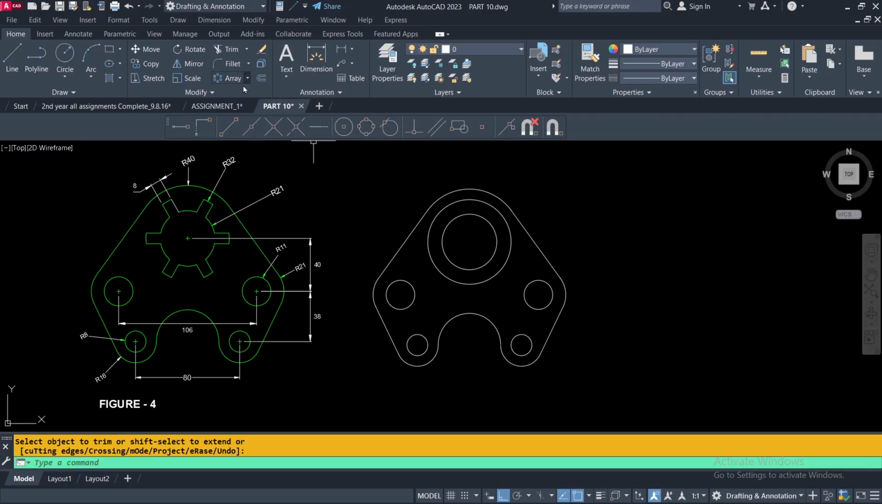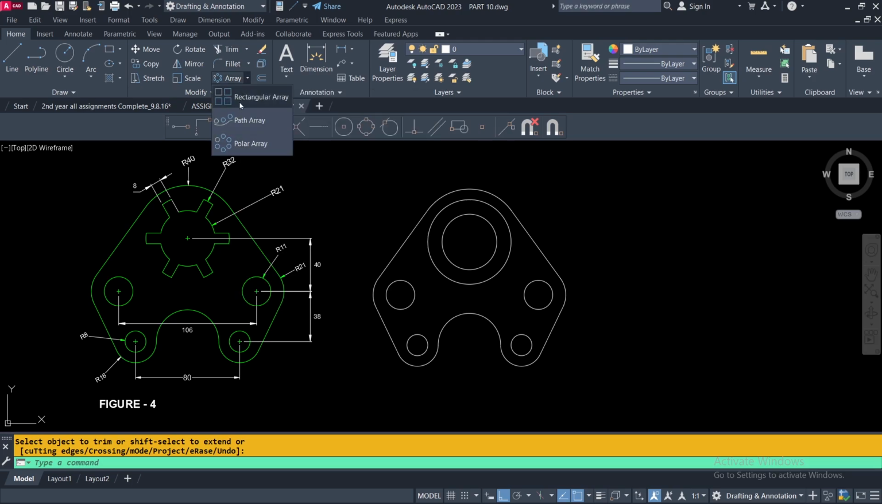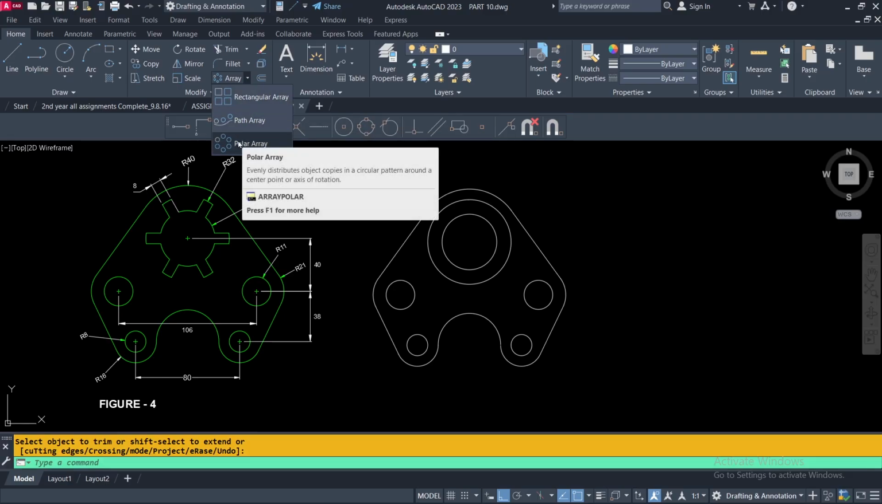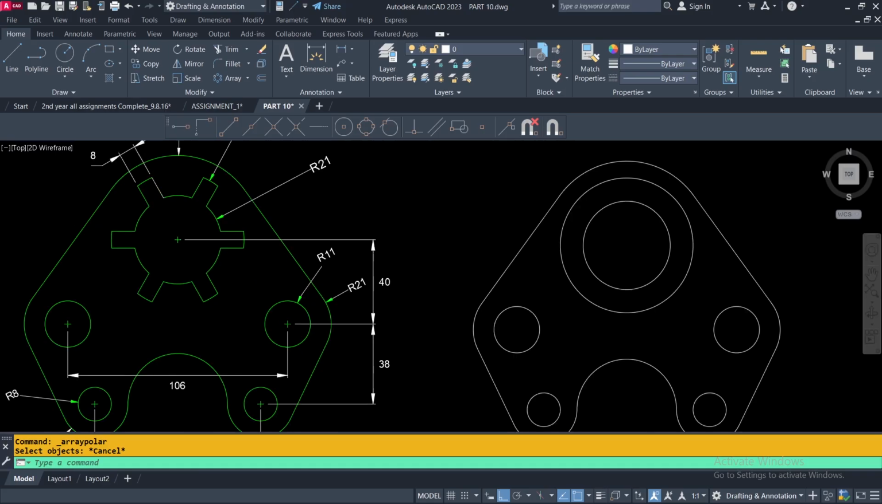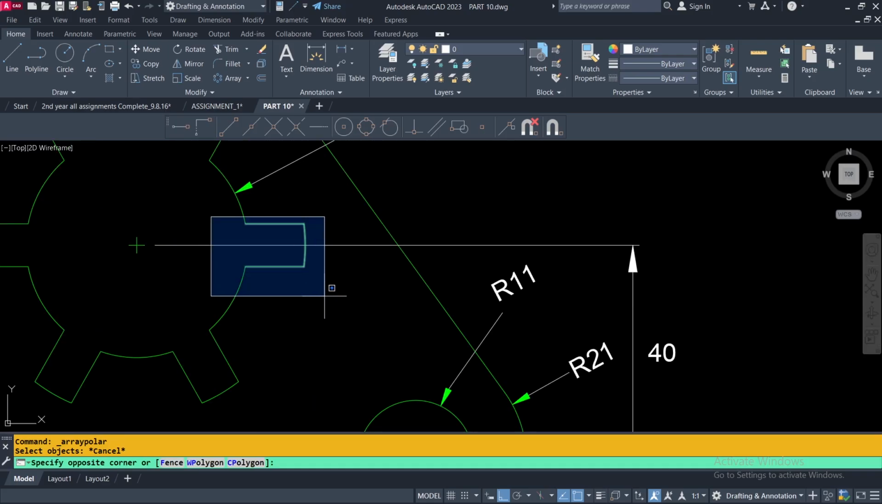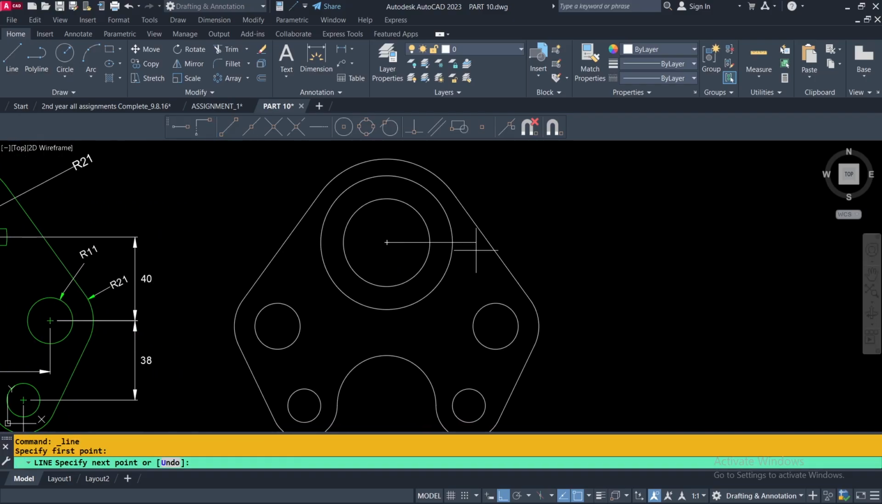Here you see in the modify toolbar, this is array tool, and if I click on the down arrow, three types of array available: rectangular, path and polar. In this case we will use polar array. Before going to polar array, I need to draw this part which I have to arrange in a circular way with a specific number. For that I am going to line tool, clicking here and taking a line horizontally this